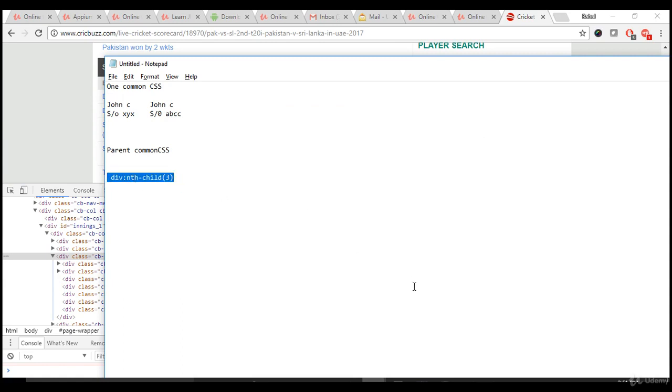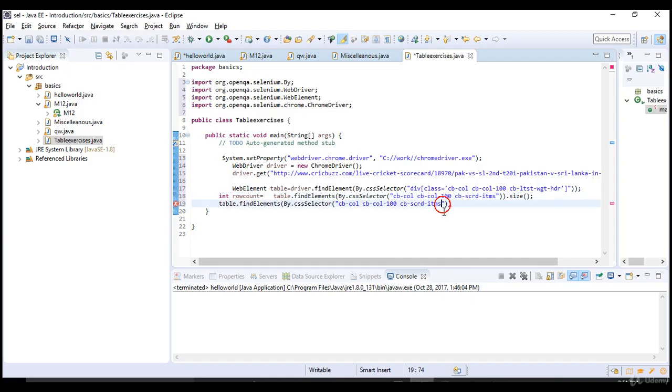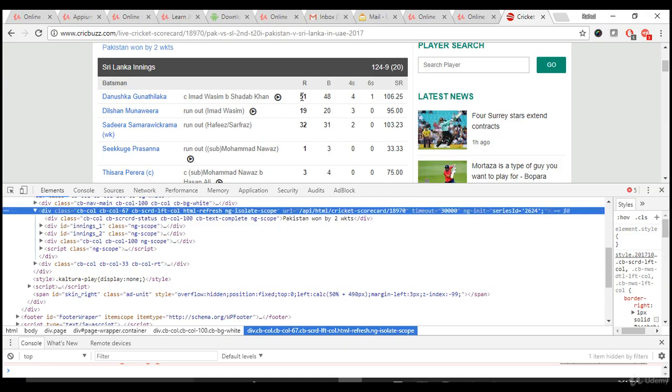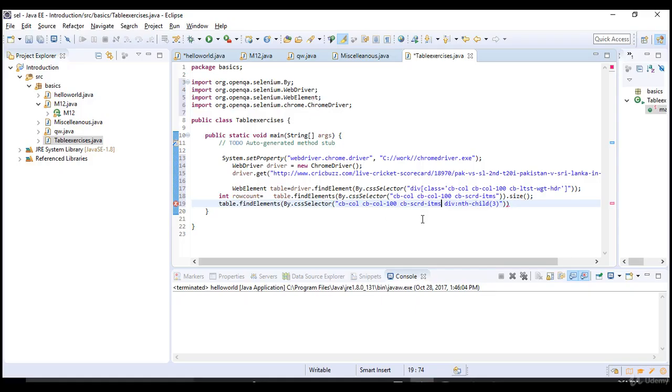If you pass this to your CSS, this will travel to the parent, and from the parent, each and every row it goes inside and finds the third child item, which is nothing but this 51. Okay, so we grabbed that completely, and I would like to simply say dot size.